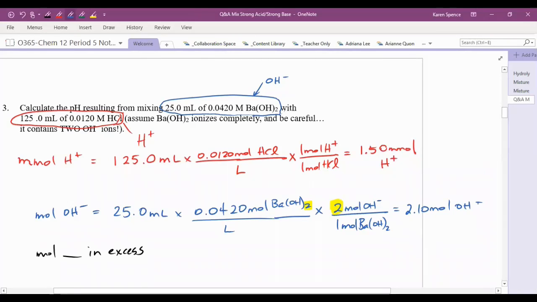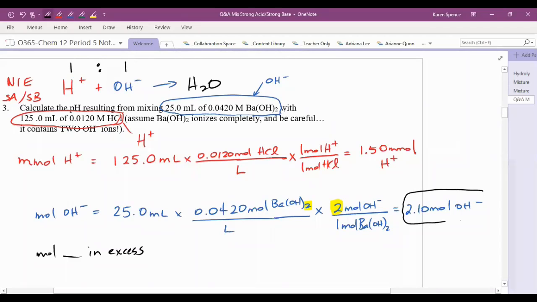Okay, now I don't know if you remember from the video or if you feel okay about this, the net ionic equation for any strong acid, strong base neutralization is going to be H plus plus OH minus gives us H2O. So it is a 1-to-1 ratio for how H plus and OH minus react with each other. So whichever one we have the most of is going to be the excess reactant. So that is going to be our OH minus. That is our excess